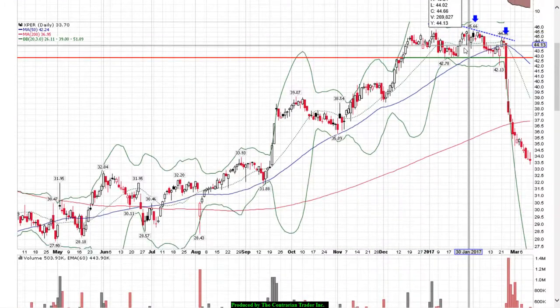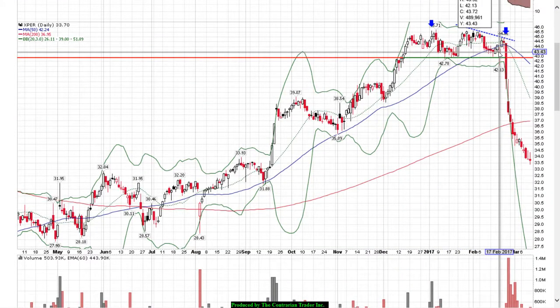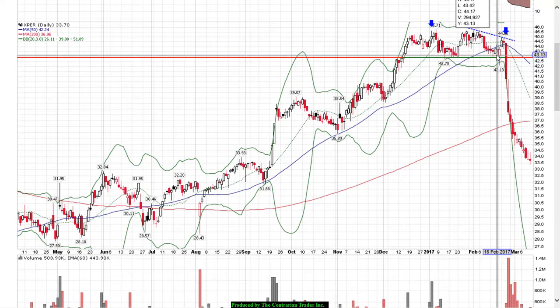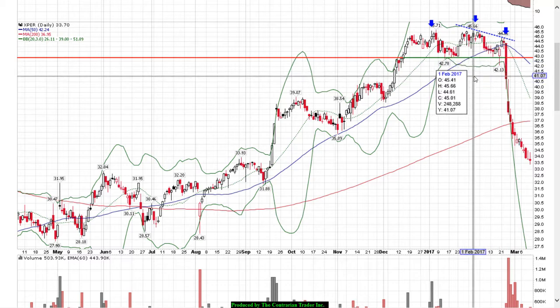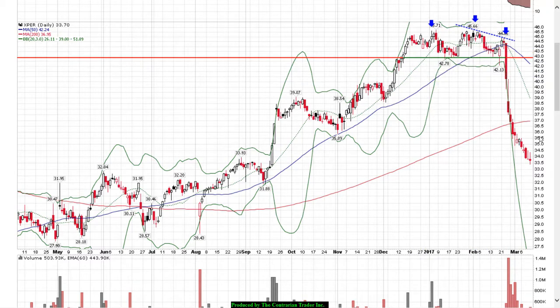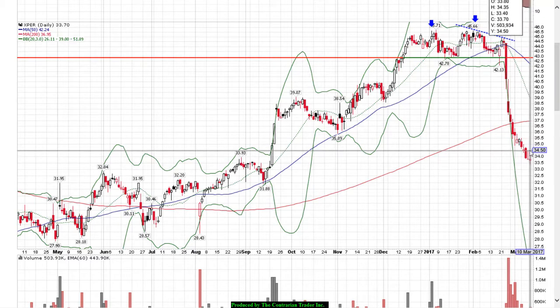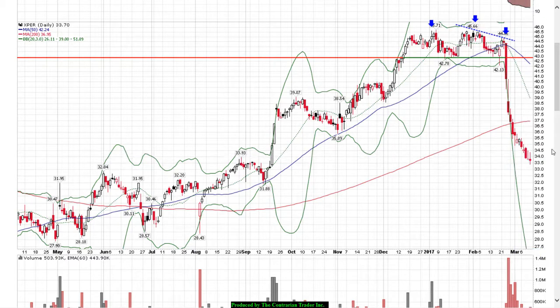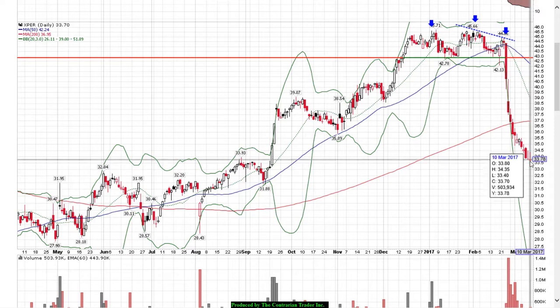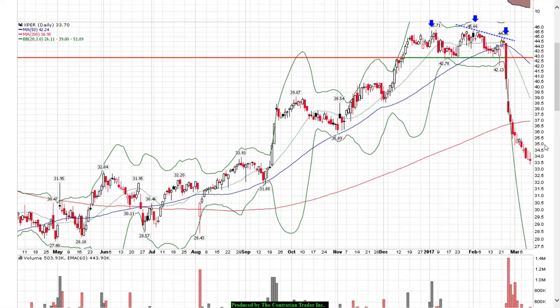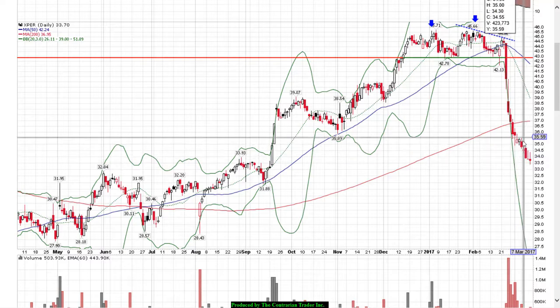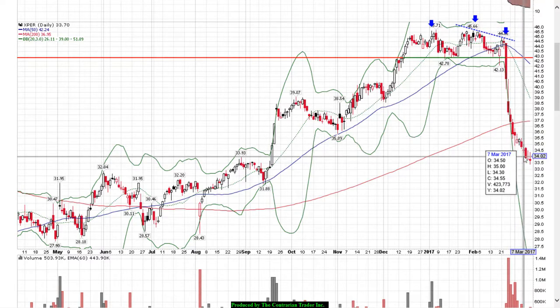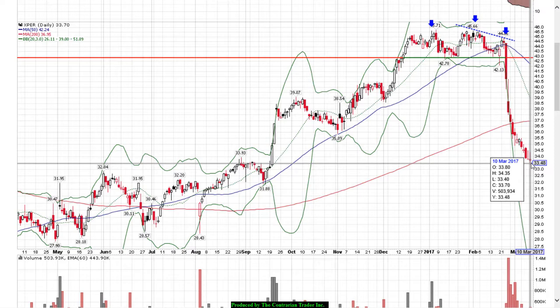So what we're looking for is a base, a support level where we know that there are buyers willing to support the shares. Now, we're not there yet, so I think that we're going lower on XPER. And in terms of price action, the reason why I think it's going lower is because you've had not one day of bearish price action, you've had multiple days of sellers on strength. That's not good. What these shares need to see is a bullish key reversal day.